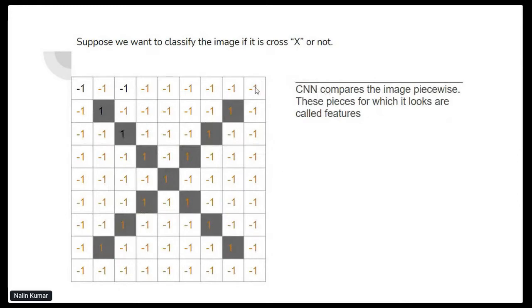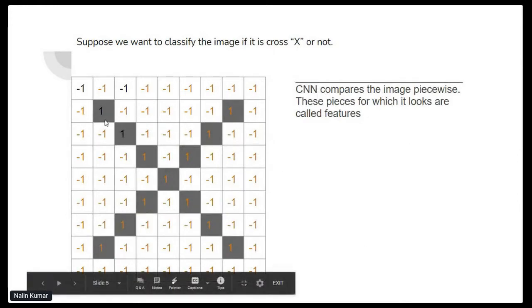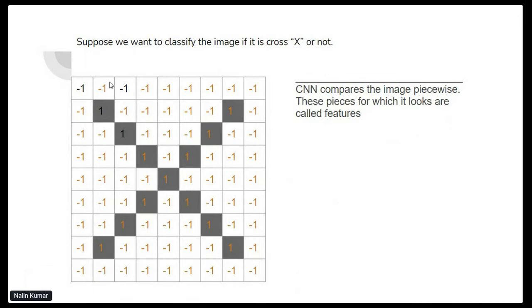So suppose we want to classify whether this image has this X mark or not. We give the white pixel value -1 and the black pixel value 1. So how would we see whether the mark is present or not?